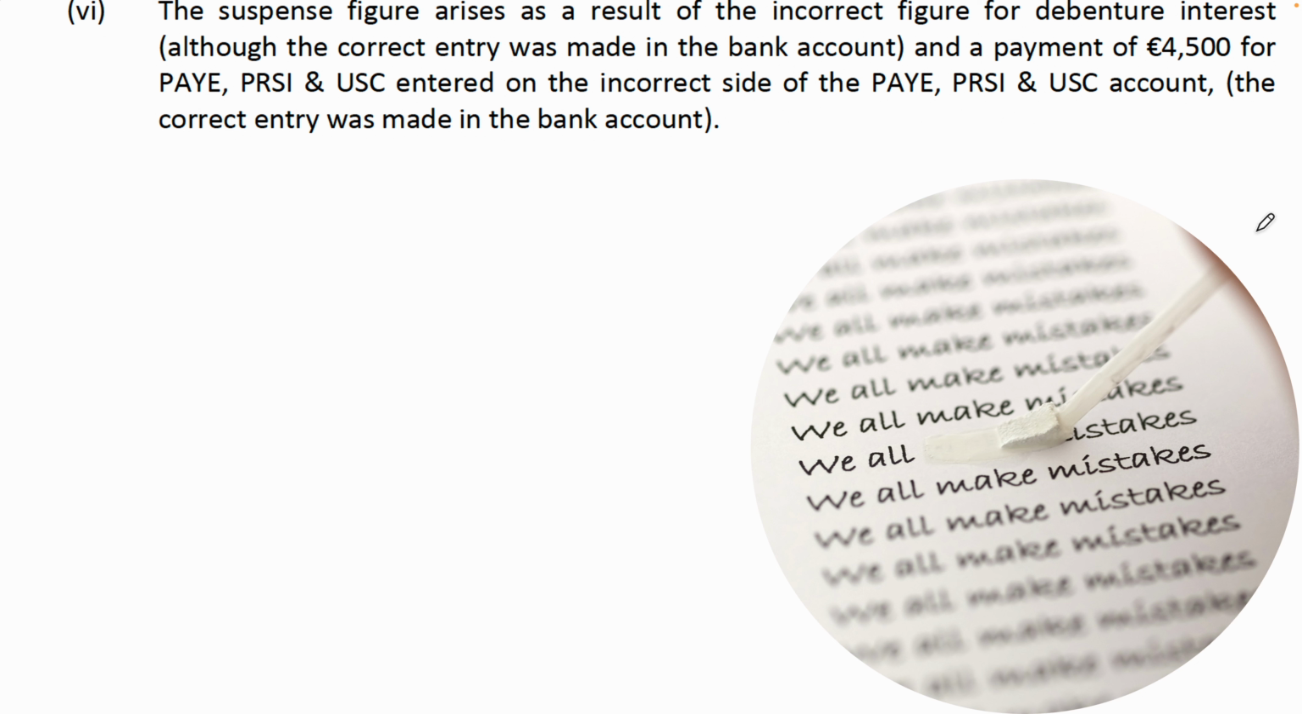Next, note 6, so adjustment 6. It says the suspense figure arises as a result of the incorrect figure for debenture interest, although the correct entry was made in the bank account, and a payment of 4,500 for PAYE, PRSI and USC entered on the incorrect side of the PAYE, PRSI and USC account, and says the correct entry was made in the bank account. Okay, so